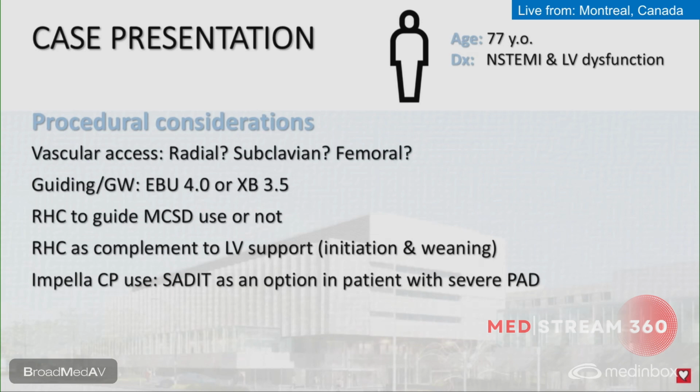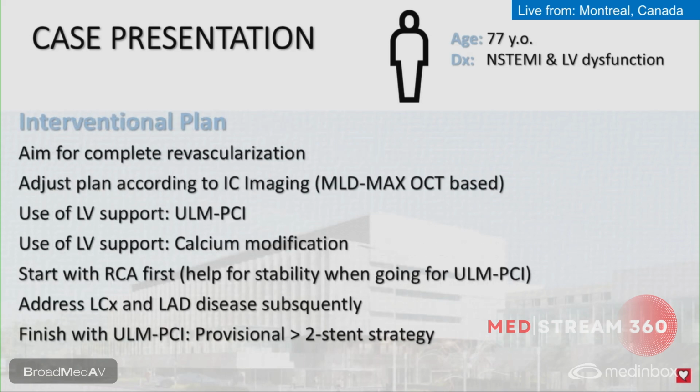We also considered doing right heart cath to guide ourselves in terms of use of MCSDs, mechanical circulatory support devices, and also to complement if we do need the LV support. The Impella CP was used. I mentioned SADIT as an option, but it's really a single access in a patient with severe PAD. So the interventional plan was to aim for complete revascularization, adjust the plan according to IC imaging using